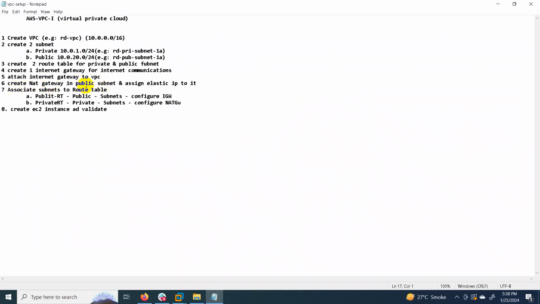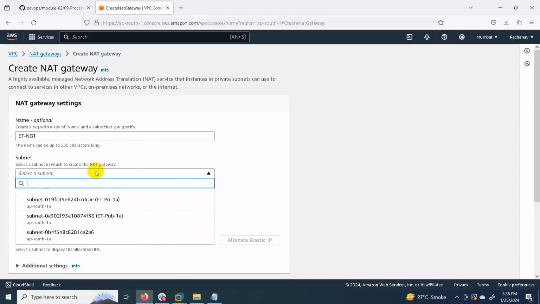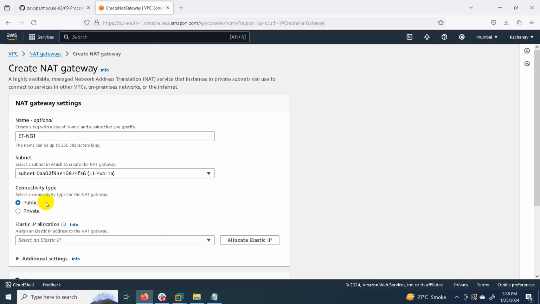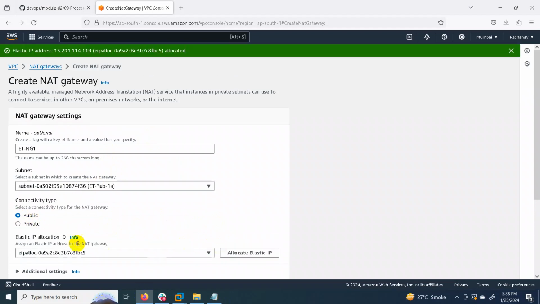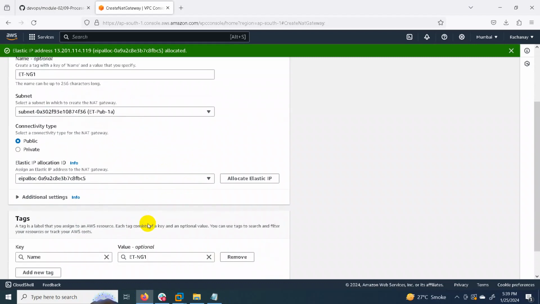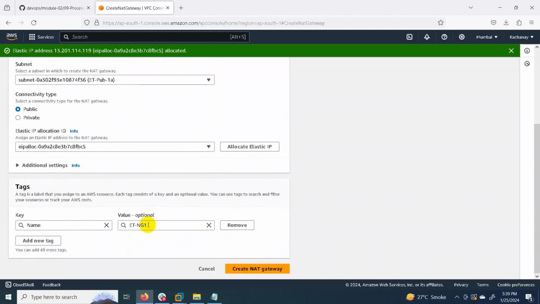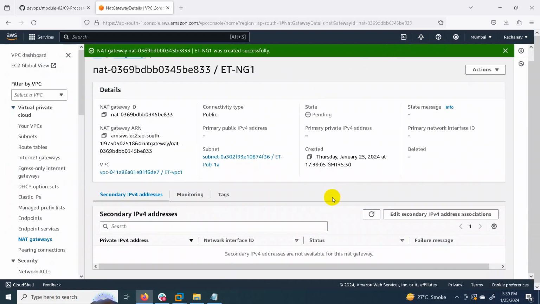We have to create it in the public subnet and assign an elastic IP to it. So we are going to create it in the public subnet. This is the public subnet, and allocate the elastic IP. Create the NAT gateway. So the NAT gateway is also created.